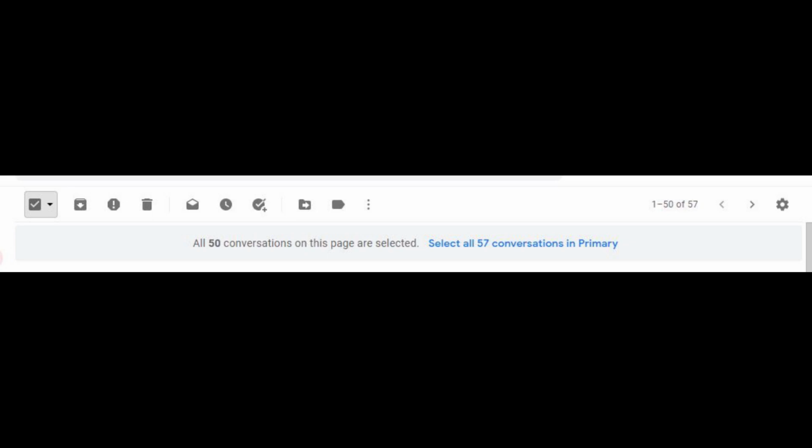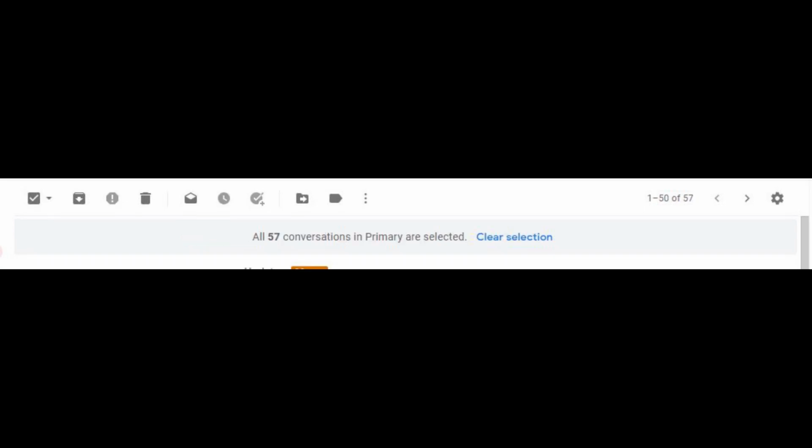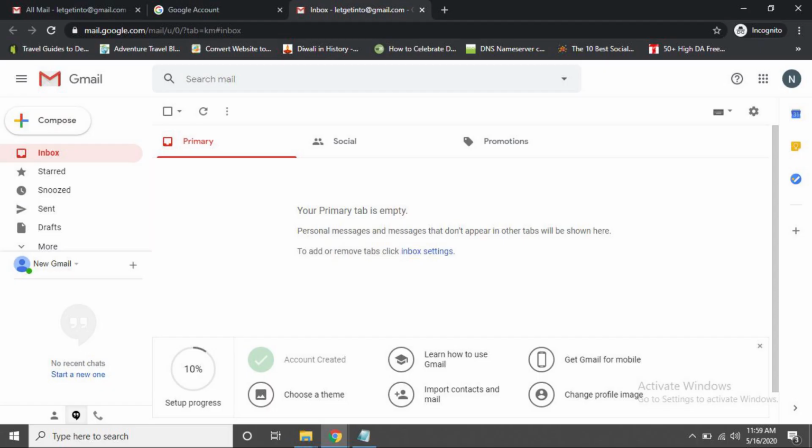If you click that delete option, it's going to delete the emails on this page, not the entire email. So you can see the text in blue color. Click on that and now you can see there is a clear option in blue text. Click on that. Now your entire email is deleted. Now you have an empty email box.